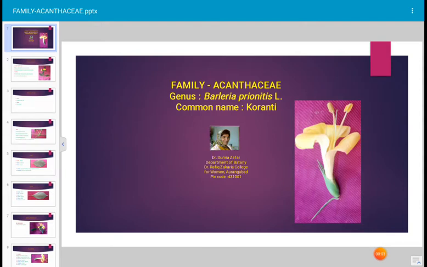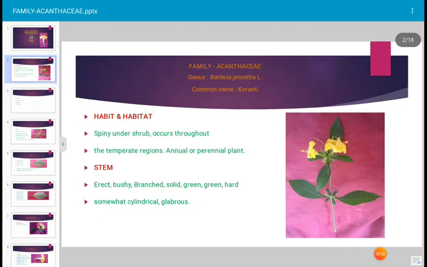Today's topic for discussion is a description of a plant which is botanically named Barleria prionitis, and it is a member of the Acanthaceae family. In the Acanthaceae family, about 250 genera and 2500 species have been included. And the genus Barleria prionitis is a very common member